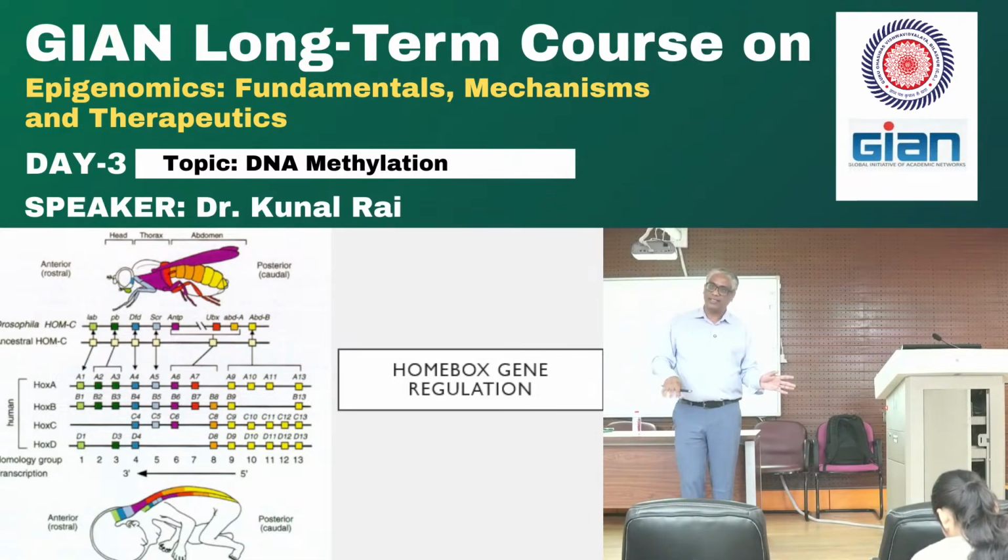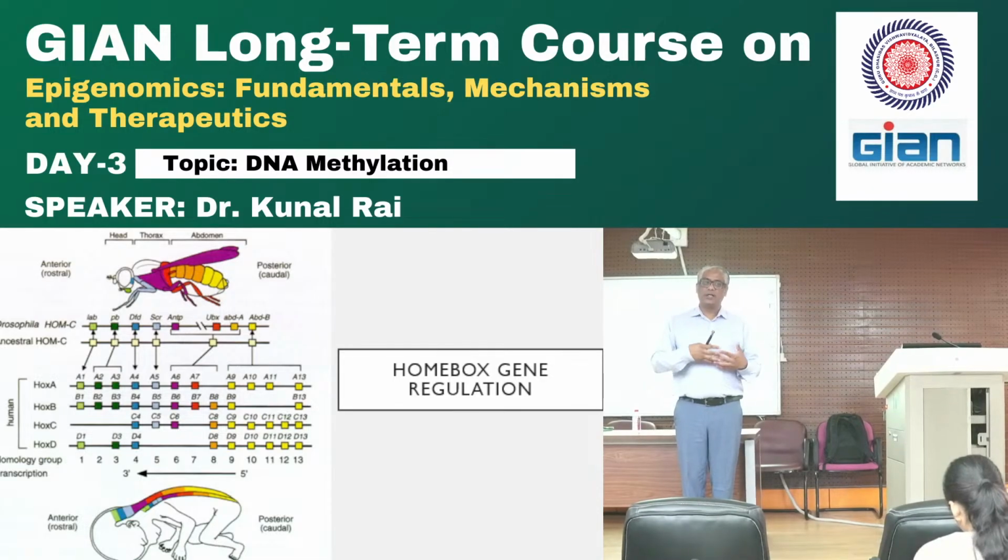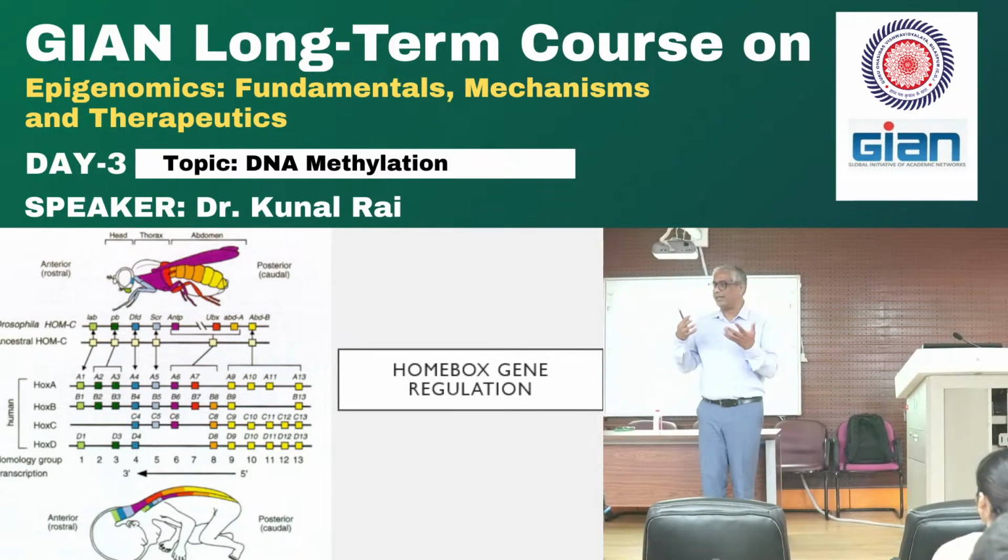Okay, is that clear? K27 trimethyl is more often used to silence genes that are genes, meaning for your specific purposes. K9 trimethyl is more often used for